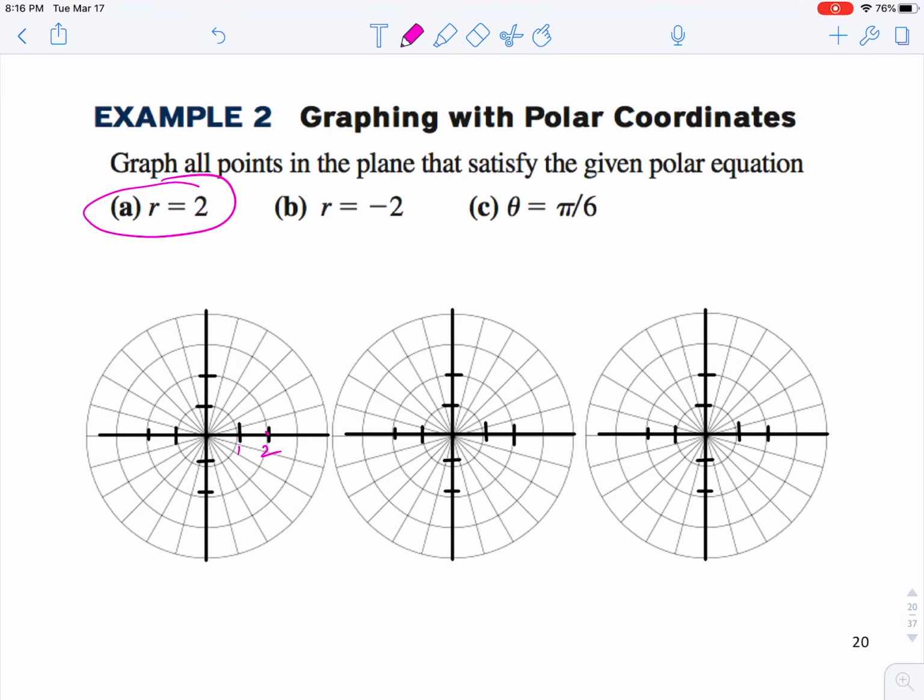I'd be able to get a better circle there. I don't seem to be getting the true circle drawn with my new Apple Pencil. That's alright. Roughly that. And then for B, for r equals -2,